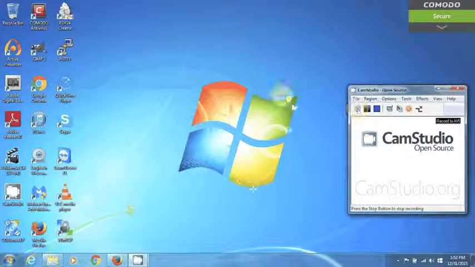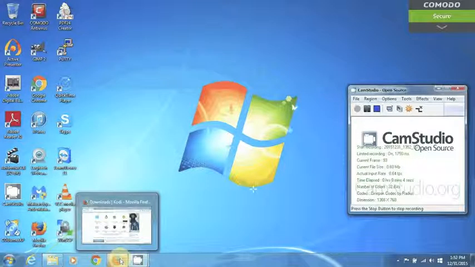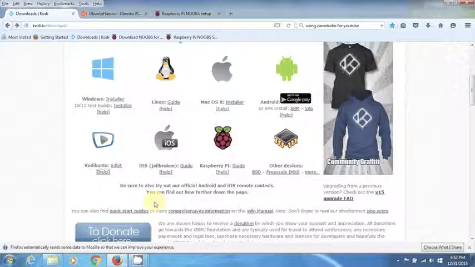So today we're going to go over downloading and installing KODI, and I'm already at the KODI download page. You can see it here at kodi.tv/download/ and the KODI downloads for Windows and Mac